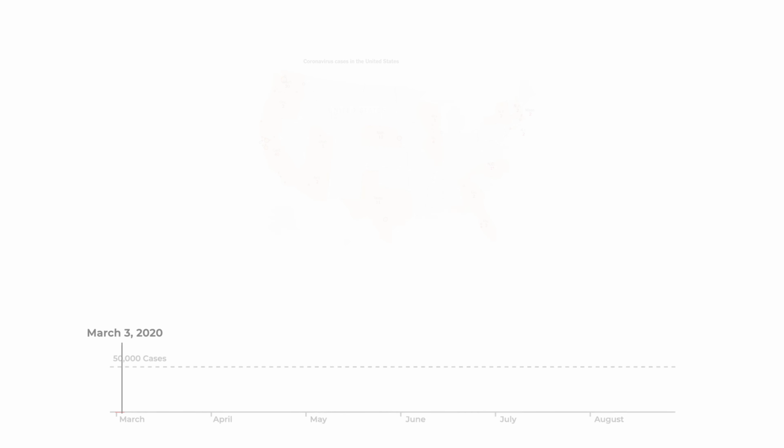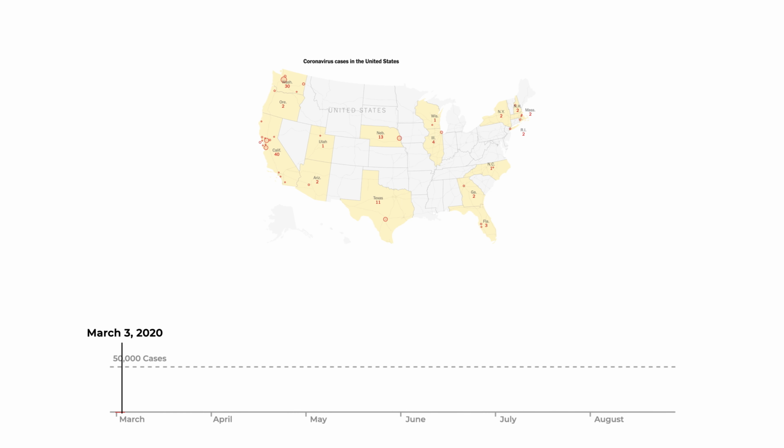March 3, 2020, the New York Times published this visualization. This marks the beginning of the COVID-19 pandemic in the United States. By that time, there were only a few cases in the US, and many states had not discovered their first case. The sizes of the red dots represent the number of cases, while the states with cases are marked as